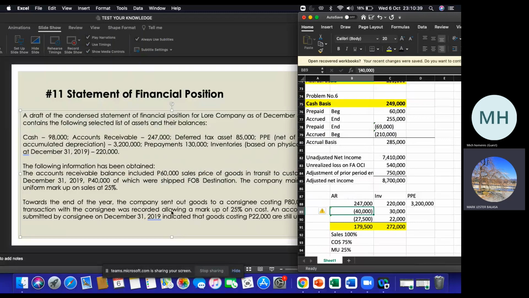And then dito naman, consignor tayo, nagpabenta tayo, hindi naman nabenta, you understand? Pero nag-submit na ng report na nabenta, meron pa lang 22,000 na unsold. Okay, kaya binalik natin sa inventory natin yung 22. Tapos yung markup nun 27.5 for the sales. Na gets na, naintindihan. Kuha. Yes, yes. O kailangan ko pang ulitin? Na-gets ba? Okay. Anyways, sige. Na-gets naman. Alright? And then you have